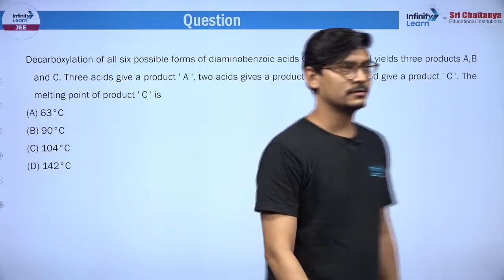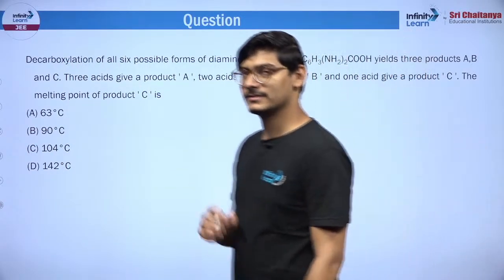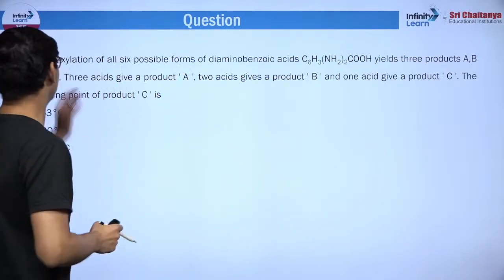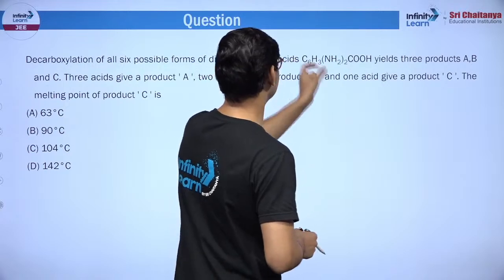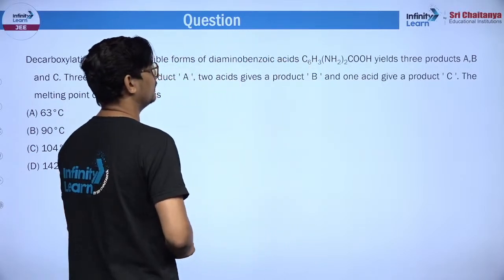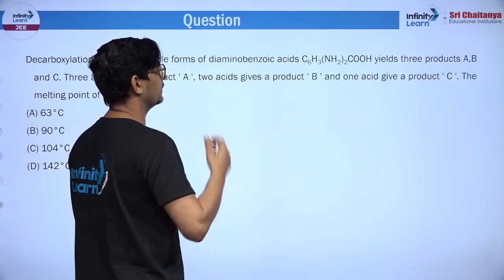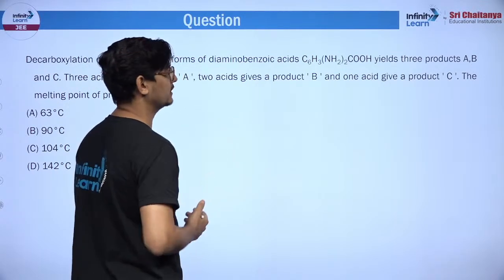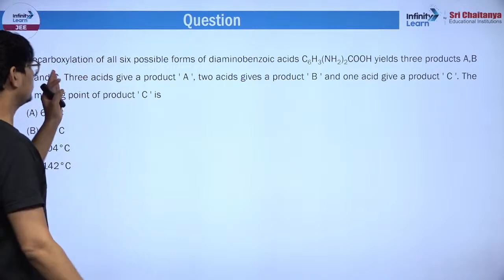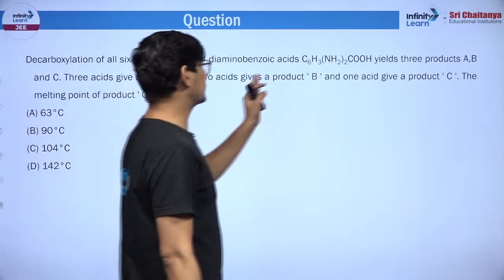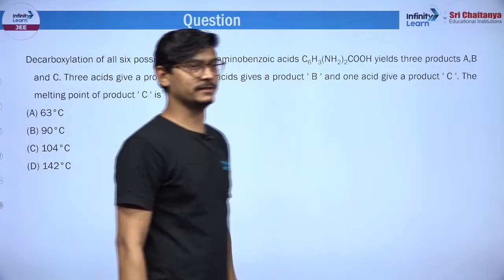Then decarboxylation, this was some interesting question, slightly logical question. Decarboxylation of all 6 possible forms of diaminobenzoic acids, ठीक है। Diaminobenzoic acids means there are 2 NH2 groups and 1 carboxylic group, yields 3 products A, B and C. 3 acids give a product A, 2 acids give product B and 1 acid give product C, ठीक है।